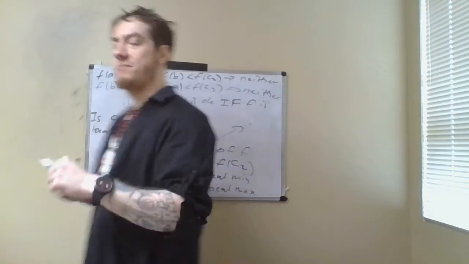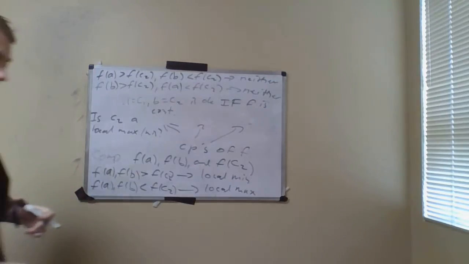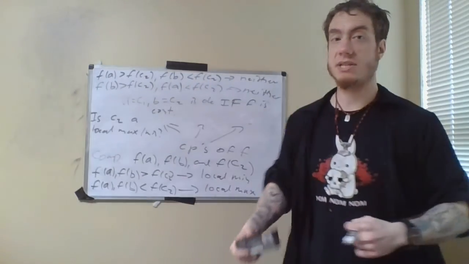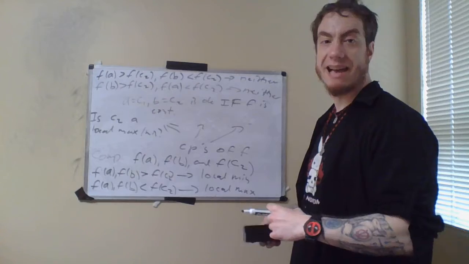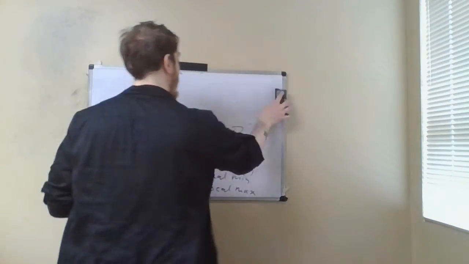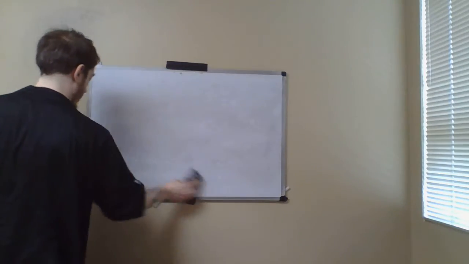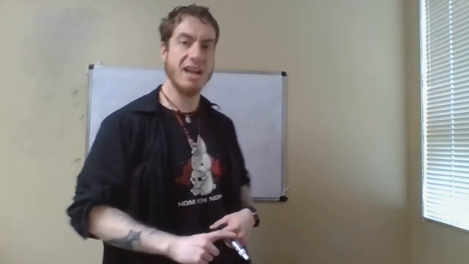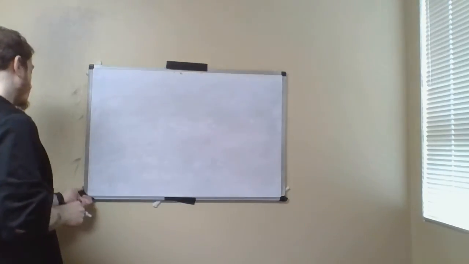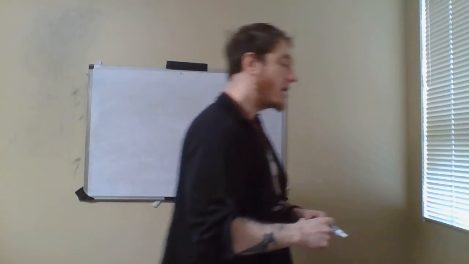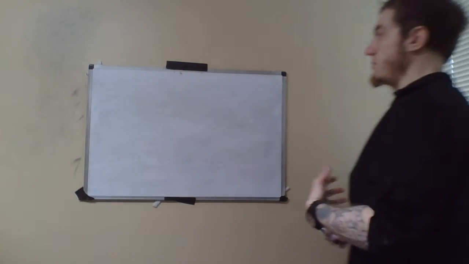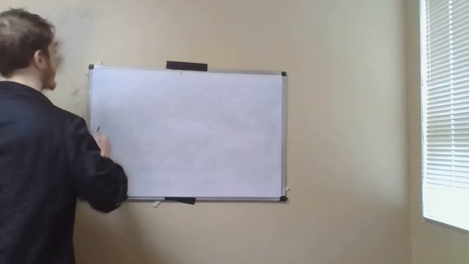So let's take a quick look at using these ideas to decide whether something has a local maximum or minimum. Now I want to show you, first of all, how we do this in a case where we already really know the answer. Because it's always good to see what happens in the cases where we already really know what's going on. That way we can say, oh yeah, this is what we expect. Everything makes sense. And so that's always a good thing. So let's say that we want to find